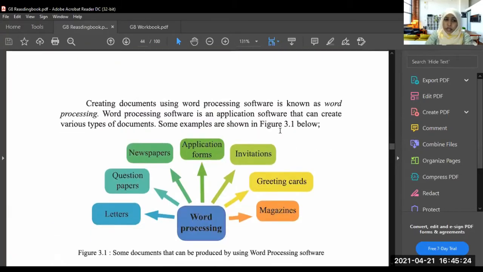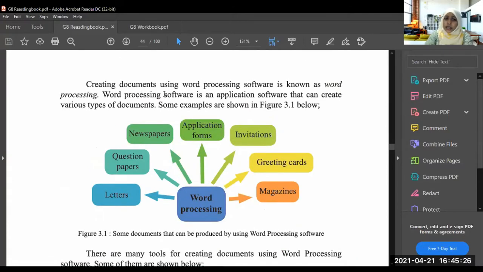software. So here, creating documents using word processing software is known as word processing. So what is word processing? Word processing is creating a document using word processing software. Word processing software is an application software that can create various types of documents.